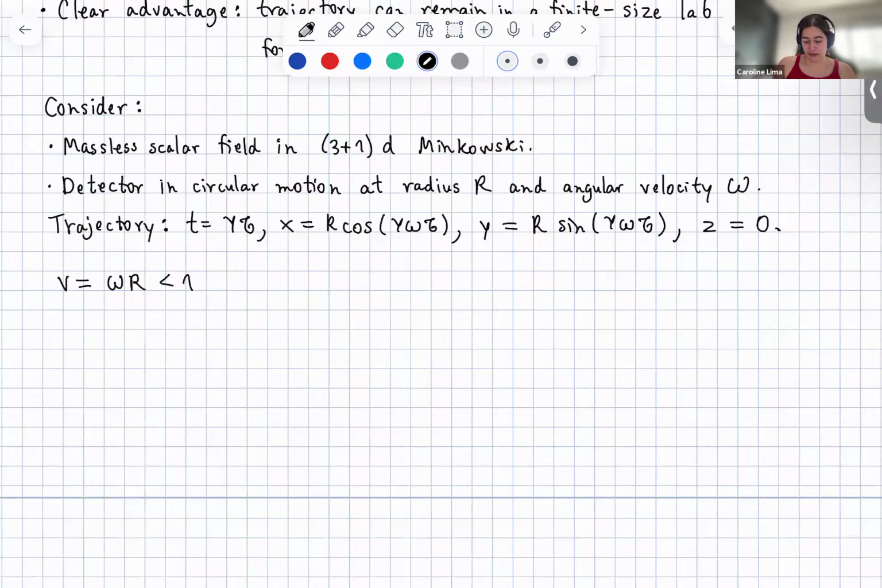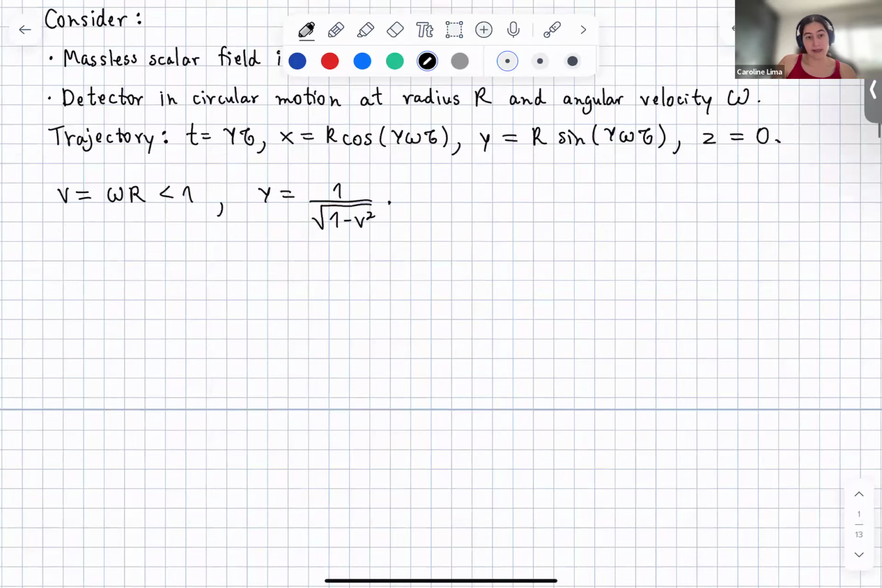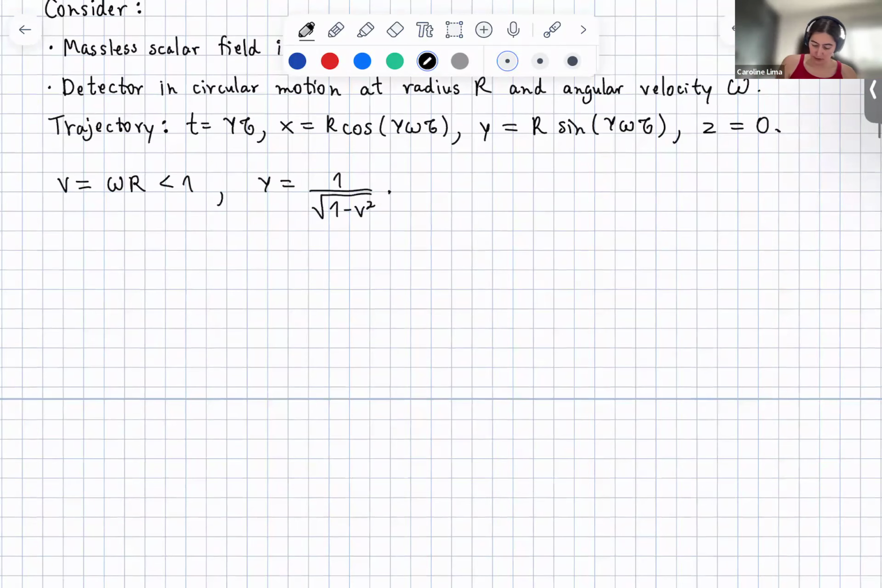So it's smaller than the speed of light. And then gamma, just as a reminder, is going to be 1 minus v squared. Okay, now if we use the Wightman function that we computed yesterday and plug in this trajectory, what we're going